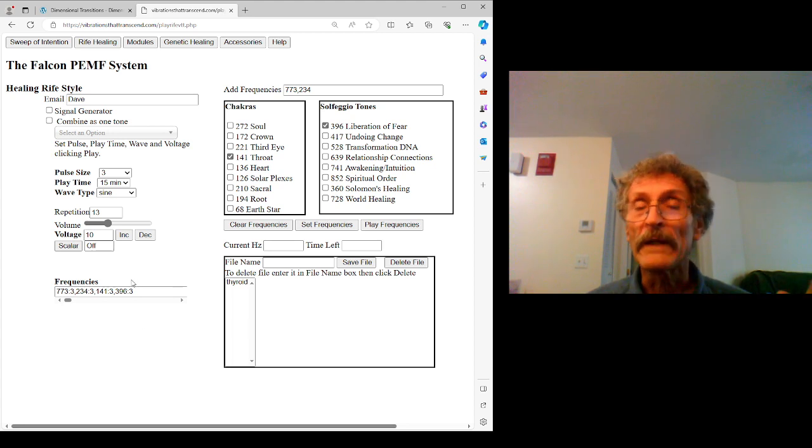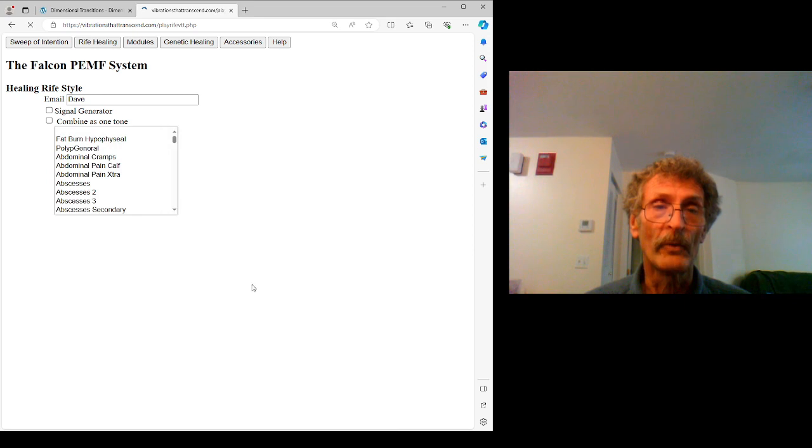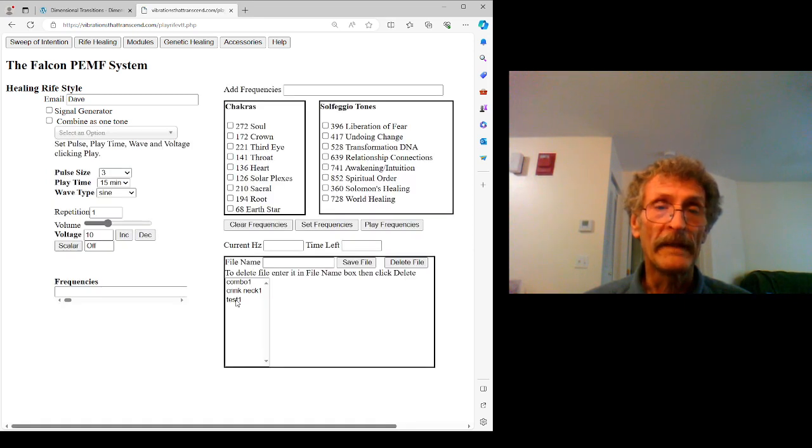Now, because you have your email value in there, what you're going to do is we're going to say this. I'm just going to call it test 1 for a file name for that. Hit save. When that does, you can see test 1 shows up here. Now, I'm just going to clear everything just to show you what happens. If you first come in here and you click test 1, bang, it's right there, all set up. And the only thing you need to do later is execute.